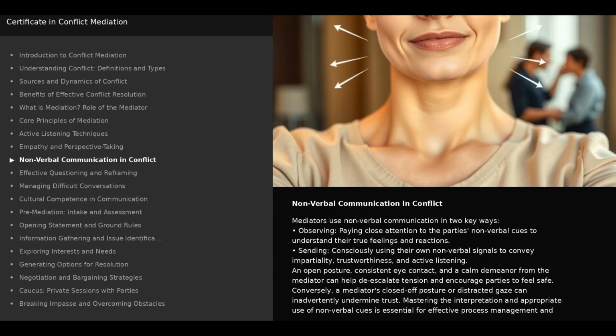Mediators use nonverbal communication in two key ways: observing, paying close attention to the party's nonverbal cues to understand their true feelings and reactions; sending, consciously using their own nonverbal signals to convey impartiality, trustworthiness, and active listening. An open posture, consistent eye contact, and a calm demeanor from the mediator can help de-escalate tension and encourage parties